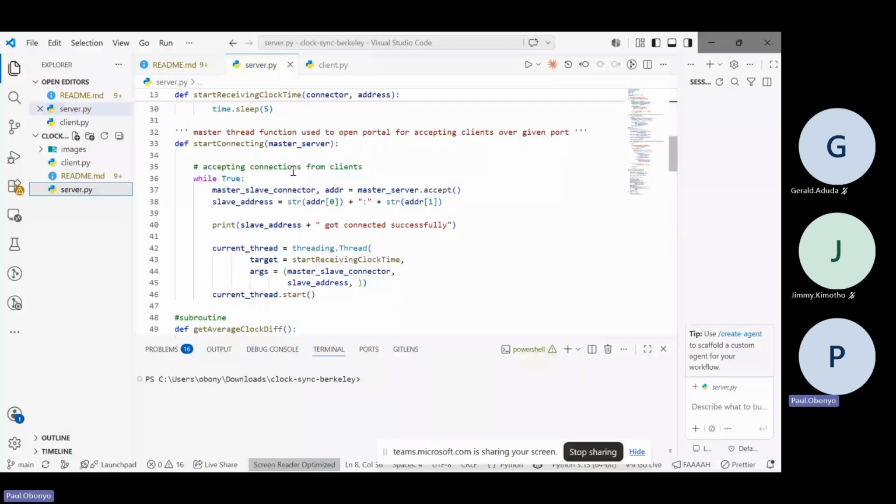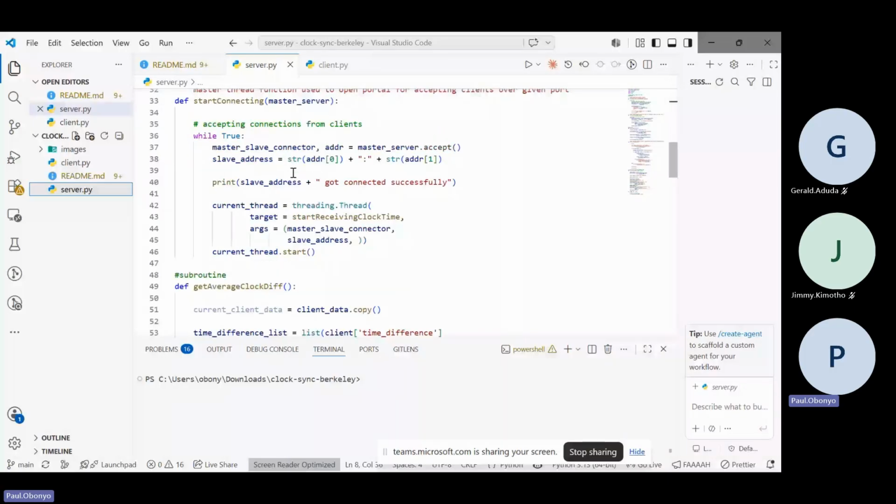So here, after every client is assigned their thread, the different clients that we have can communicate with the master server